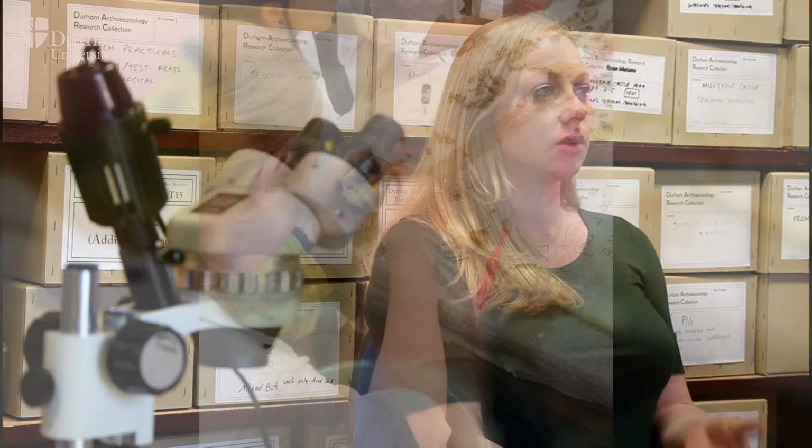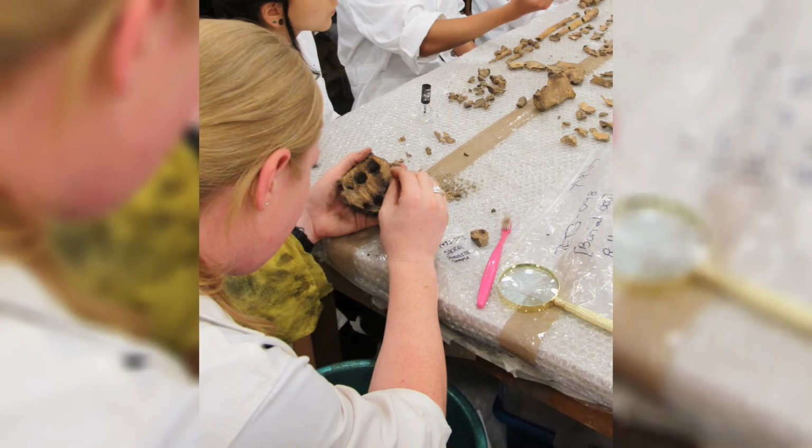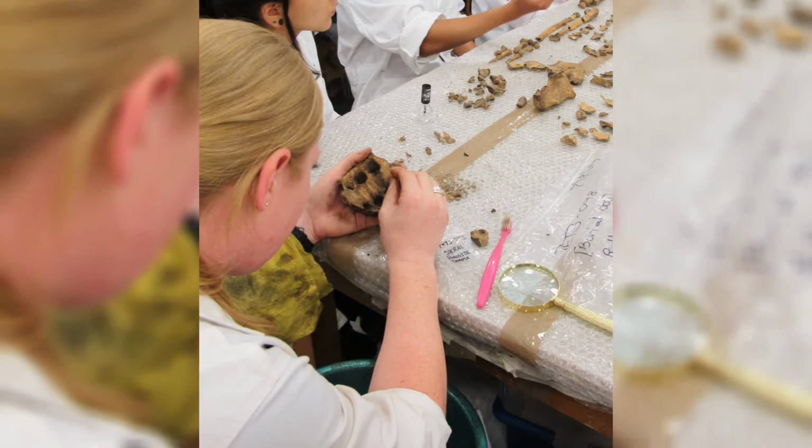I found paleopathology so interesting because it had a little bit of everything. It was history, archaeology, medical anthropology, and medical research, and so it just hit every kind of peak interest of mine at the time. Paleopathology is the study of human disease in the past. What we do is look at skeletal markers or lesions that could indicate any sort of pathological lesion that they